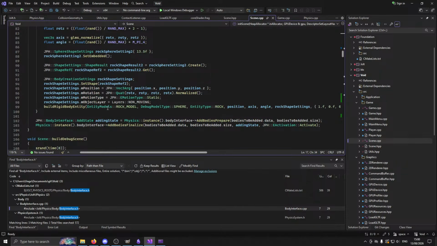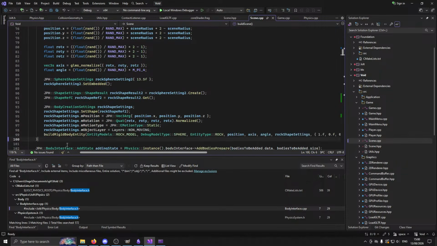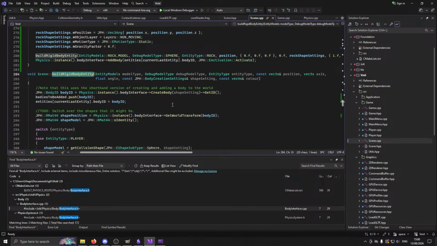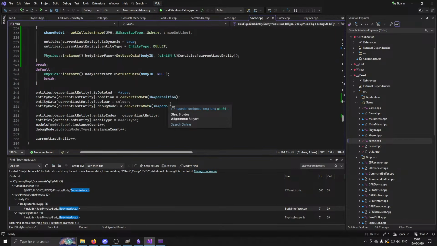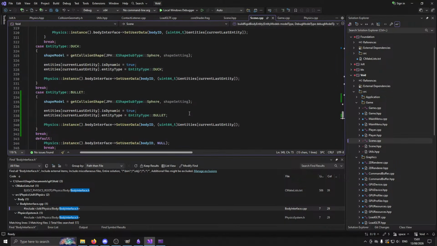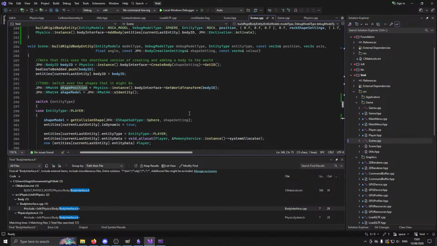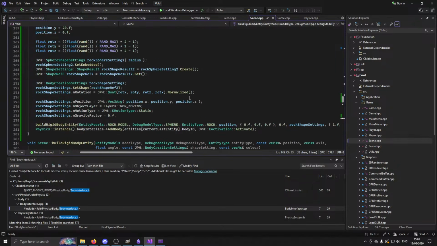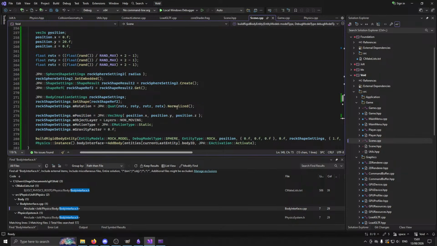But anyway, let's start adding in our model view projection stuff. So yeah, there it is. That's the position, which is everything that we need. Honestly, we can just do a scale on top of that. And we're done. That's all I need to care about. So the shape position comes from the transform, and that comes from